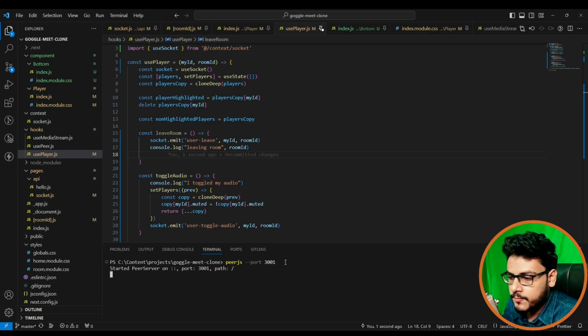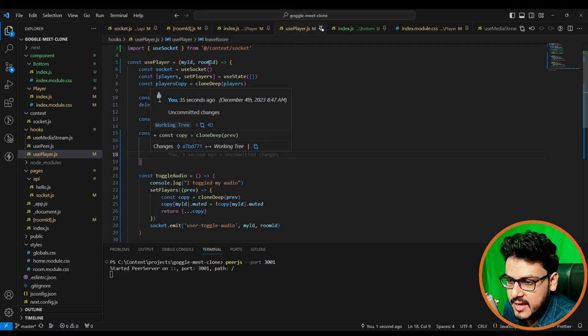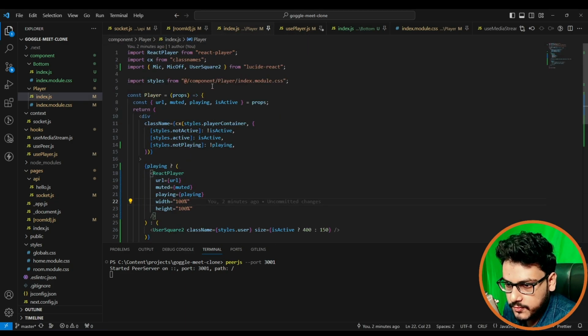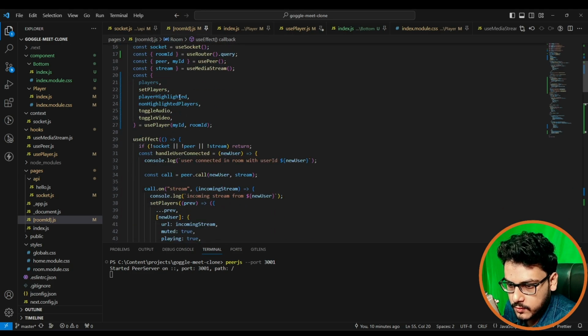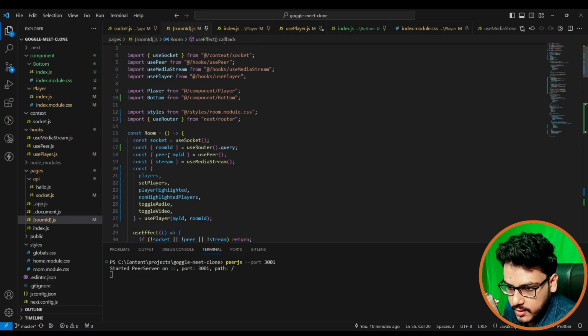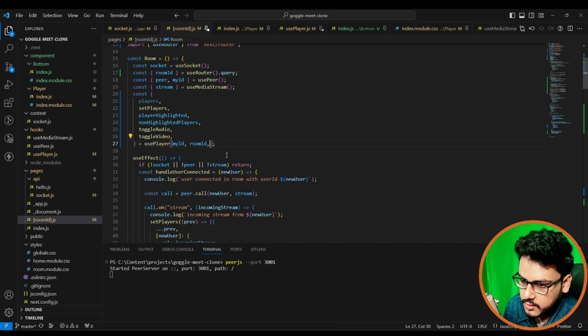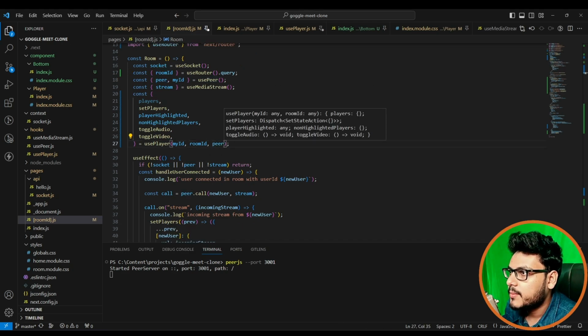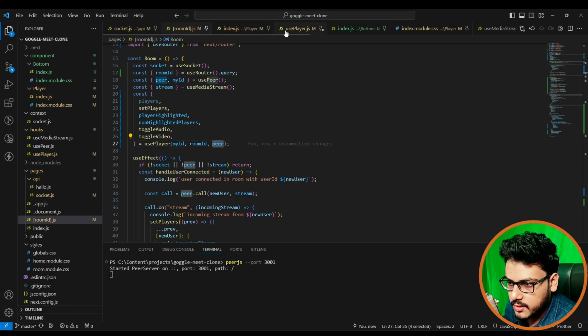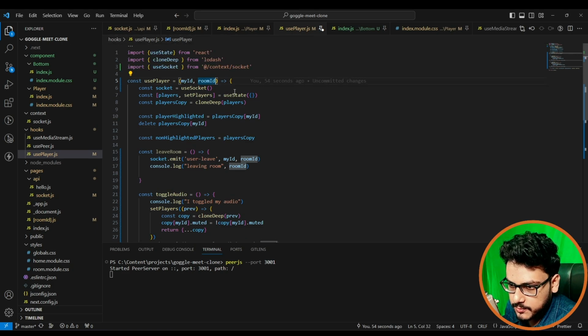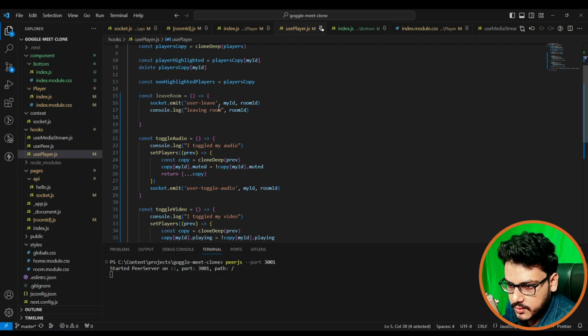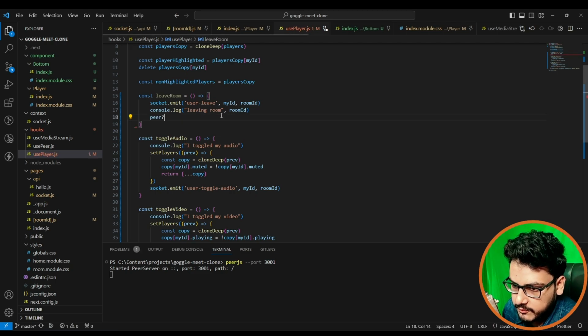Okay, so over here, whenever I am doing this, I have to pass my peer anyway. In the room over here, we have got the peer, so we just have to pass the peer to the room. Sorry, to the use player thing, and inside use player we get the peer. And over here in the peer, I'll say if peer is there, then